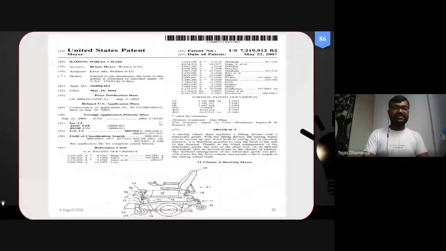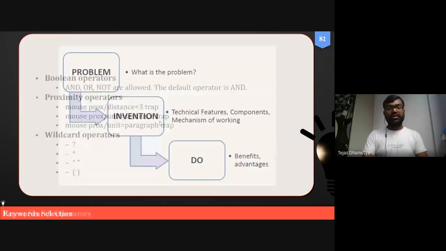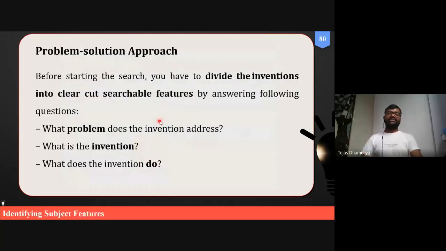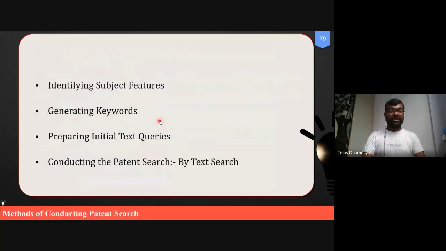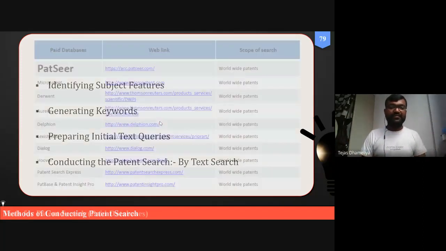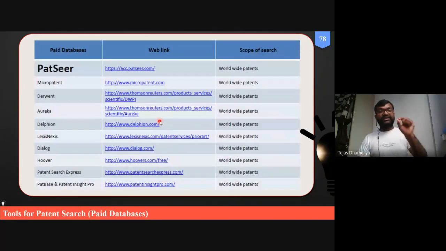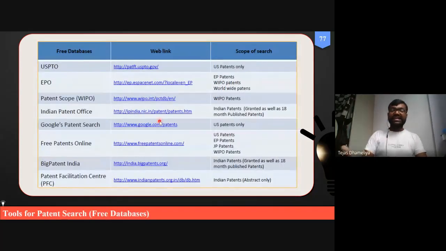In coming lectures, we will also learn how to do patent search: what the strings should be, or what combination of words we should use for patent search using these free databases also. That I shall demonstrate in the next lecture to all of you.